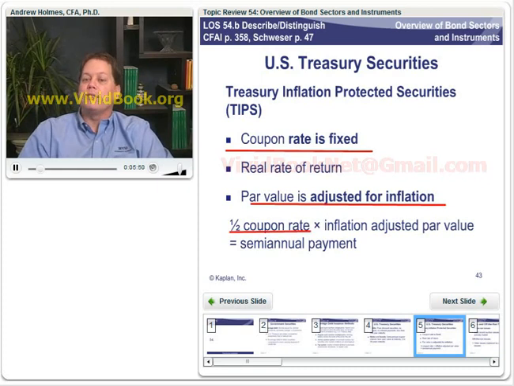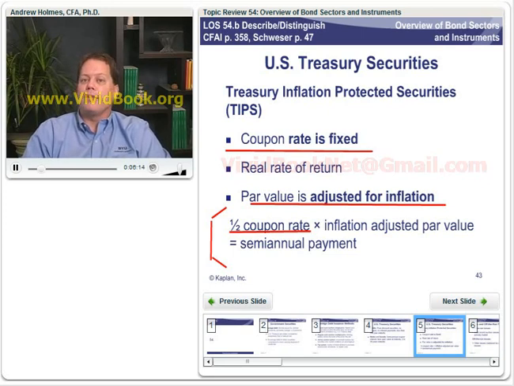So this is like a floating rate note. But here the coupon is fixed and the par value adjusts. And this is something that some college professor somewhere found that would be a better adjustment mechanism. And when the U.S. Treasury decided to start issuing variable return securities that took into account the fluctuations in interest rates, this was the way they decided to do it.